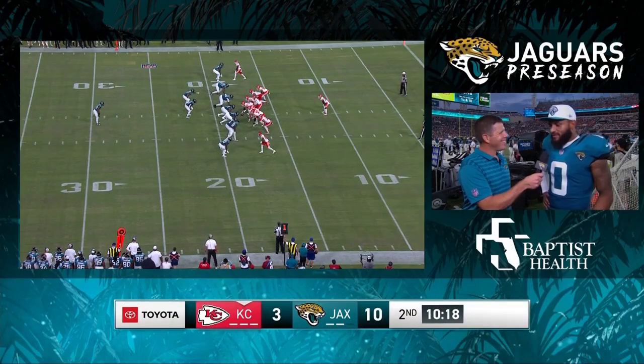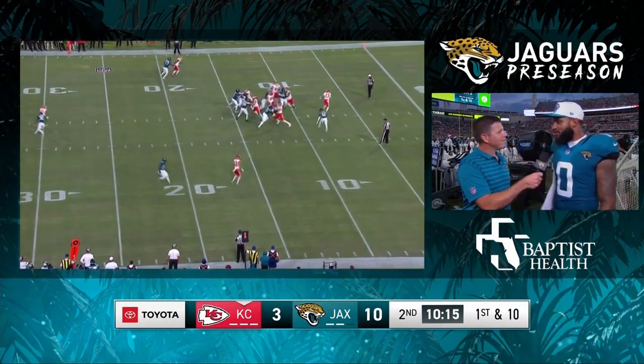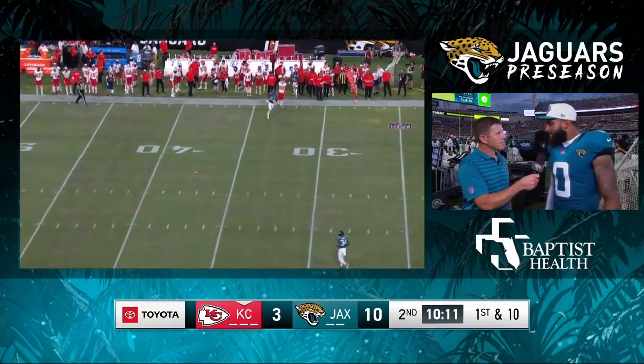Yeah, no, it felt good to get out there with the guys. I mean, we've been working so hard all training camp, so to go against other people has been great. I felt like the offense clicked well as soon as we started to go out there and run some plays. So, again, this is going to be an exciting offense to watch, and just happy to be out here with